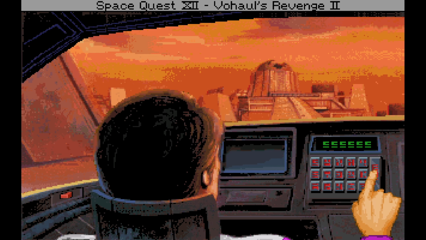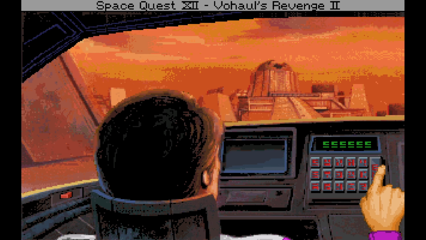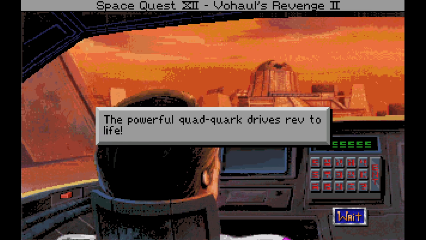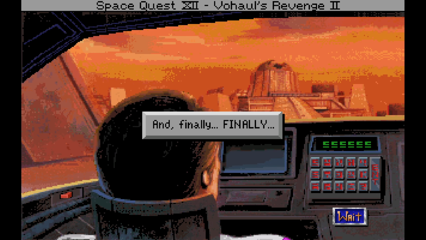We'll just do all 6 of that one and hope for the best. Remember, 15 to the power of 15 combinations. We could be here a while. The powerful quad quark drives Rev to life. Time and space bend under the fibrillations of the time rip transfluxers. Your adrenaline and stomach reel with the hyperbolic hyperbole. And finally,